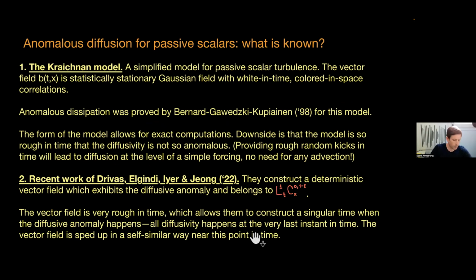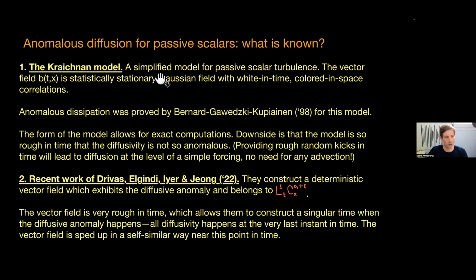Okay, so now let me describe the previous results and what has been done on this problem so far. There is a model called the Kraichnan model, and the Kraichnan model is a special vector field, where you just write down, you say the vector field B is a Gaussian field, which is white noise in time and has some kind of colored noise in space. And because it's a Gaussian field, Kraichnan discovered that he could do exact calculations. You have a white noise field, so you can take expectations of certain moments, and then these equations close by magic, and you can compute things exactly.